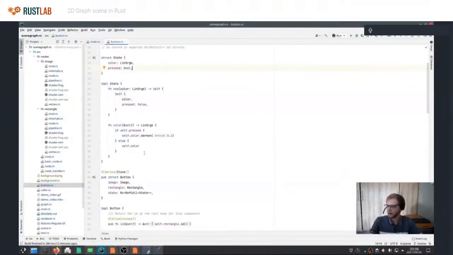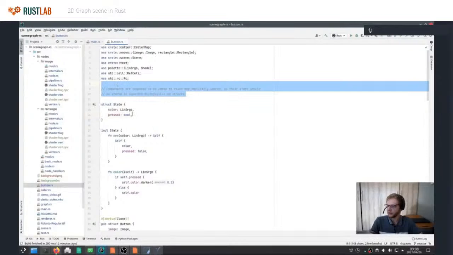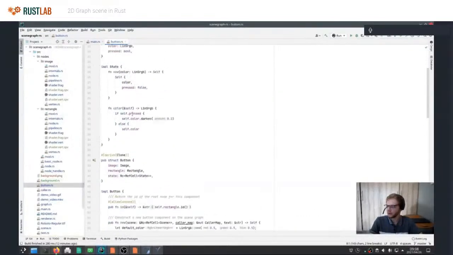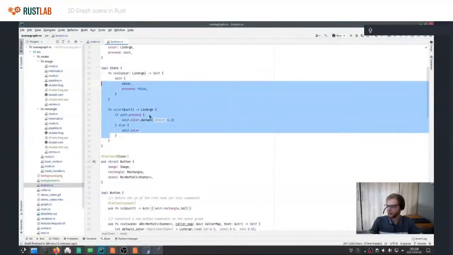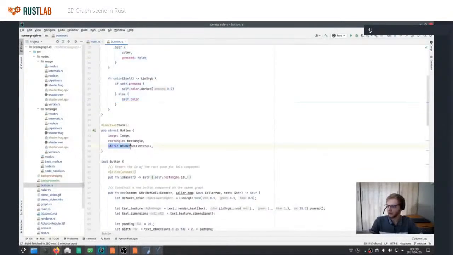So you'll see I've got a comment here that the state actually needs to be shared. So state is separate from the actual button struct. We'll see here that the button has a reference to the state. And then the button also has an image node and a rectangle node.